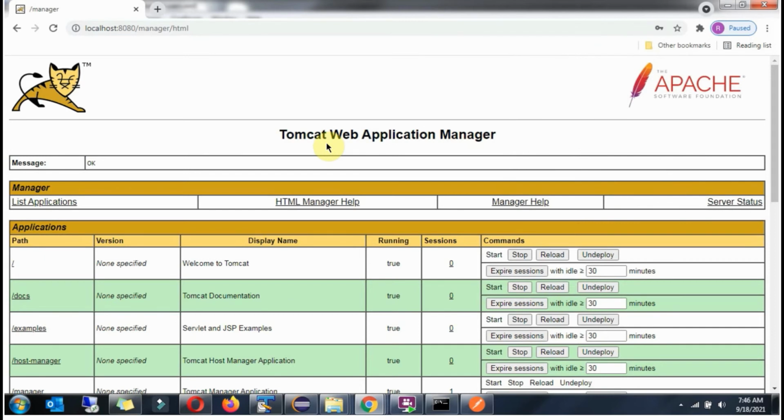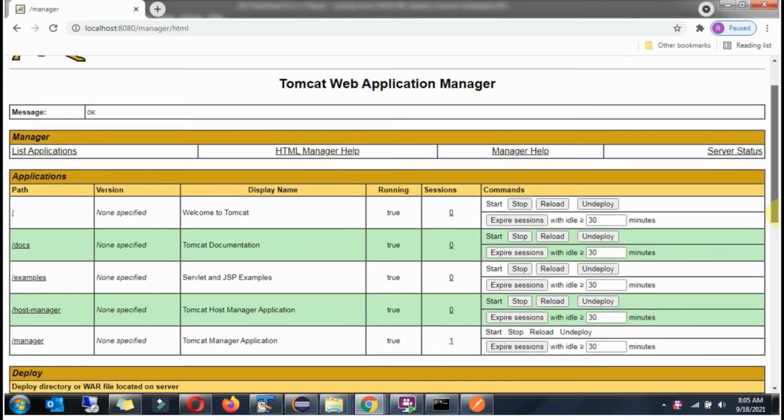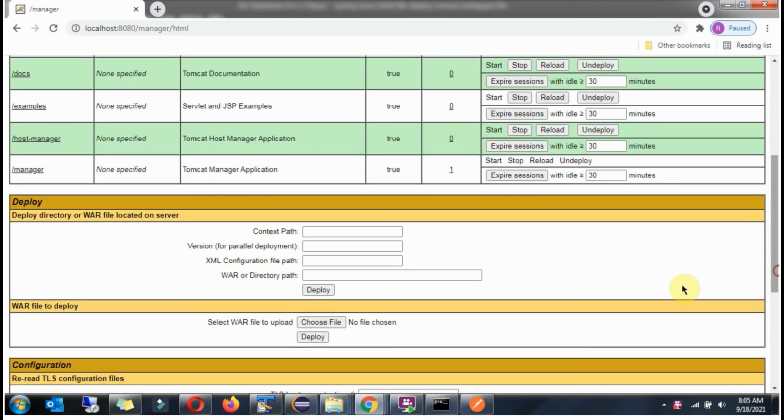And here you can see the Tomcat web application manager has been opened, and using this page we can deploy the WAR file. We will see how to do that. Here you can see the WAR file to deploy option. Click on choose file.